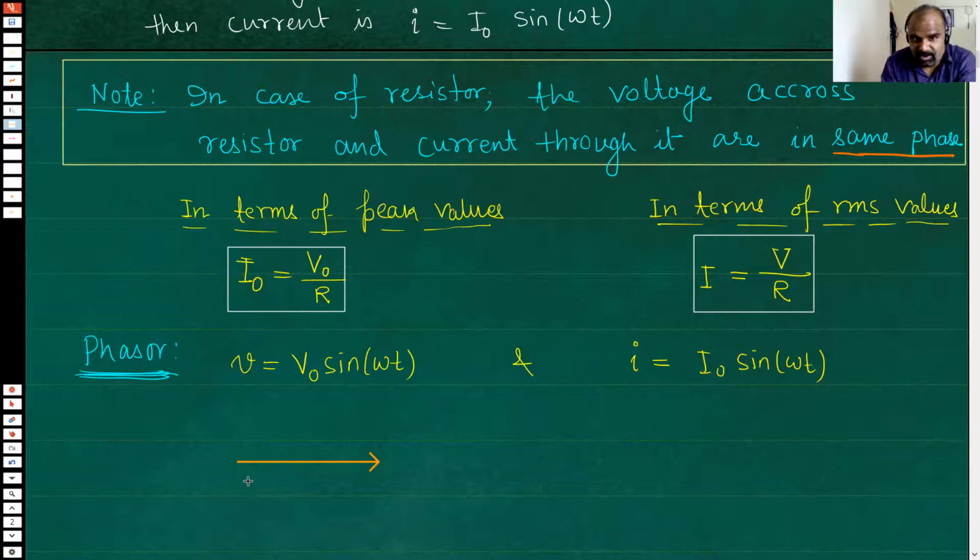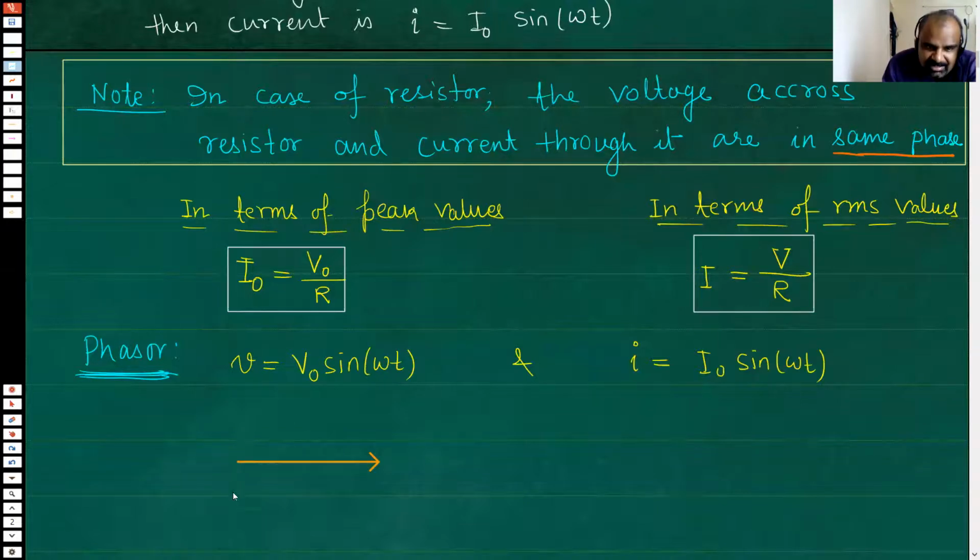Now you may again keep on asking the same thing, sir, how is it possible that a voltage can be represented with an arrow? Voltage is a scalar quantity, we all know it. How are you representing it with the help of a vector? Well, you can keep asking this to me as many times as you want. My answer will be same. We all know voltage is a scalar quantity, but since it is a sinusoidally varying quantity, look at this sinusoidal function, we can represent it with the help of an arrow. Same answer I will give. You can ask this to me 1,000 times, I'll give the same answer.